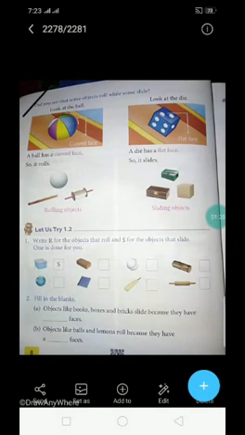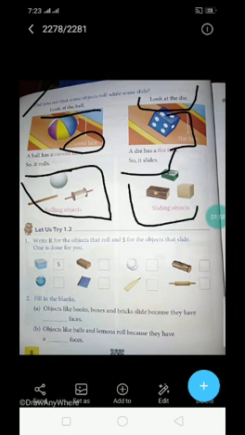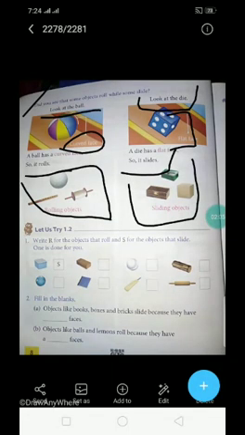Did you see that some objects roll while some slide? Look at the ball. It has a curved face. A ball has a curved face, so it rolls. So these are rolling objects. Look at the die. Now look at this. This is a flat face. So the die has a flat face, so it slides. So these are sliding objects. So students, to understand more completely, let us try in your book.